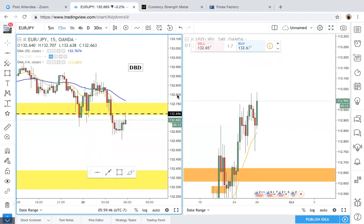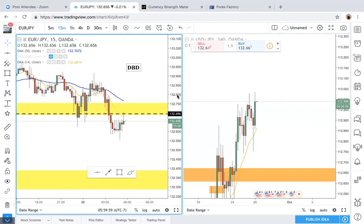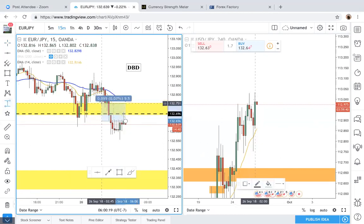Okay, I'm looking to take shorts. I have my short positions in. My stop loss is kind of high. I'm not going to hold till that long, but